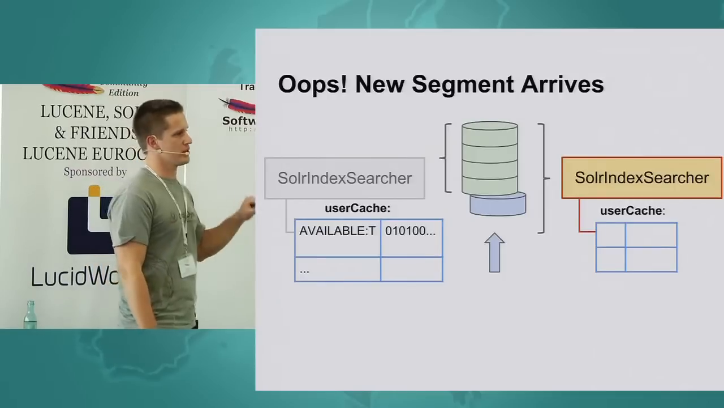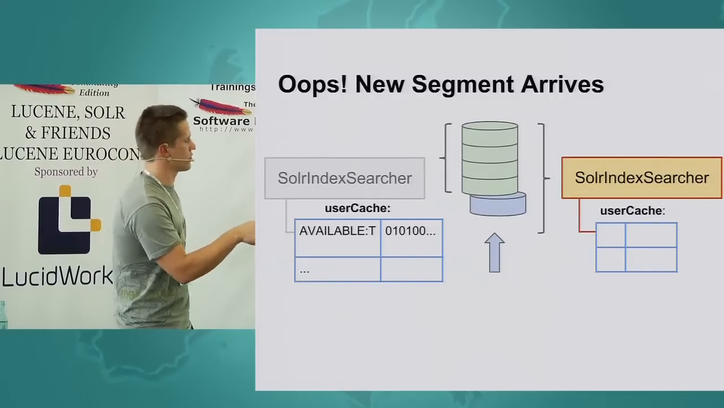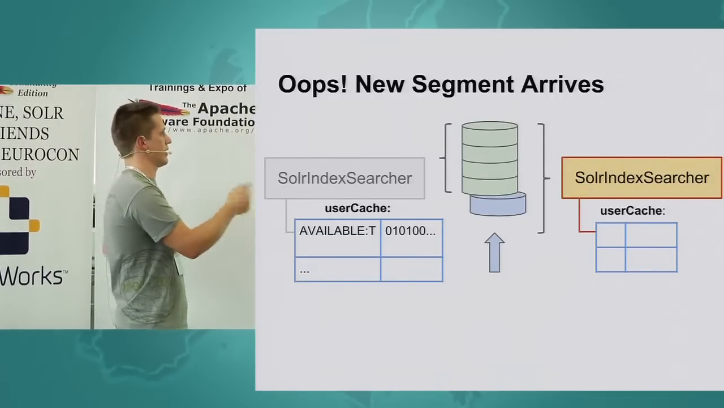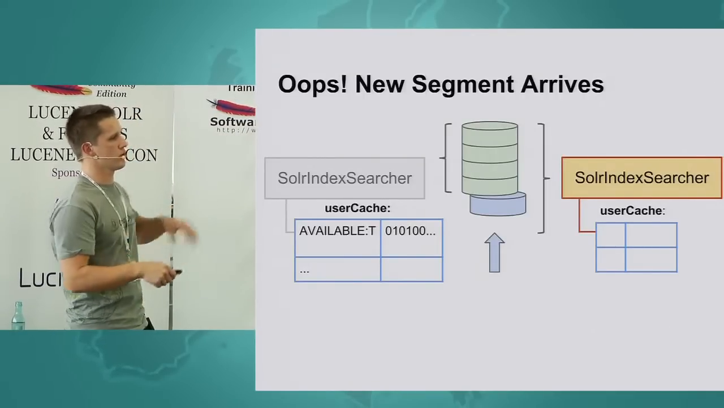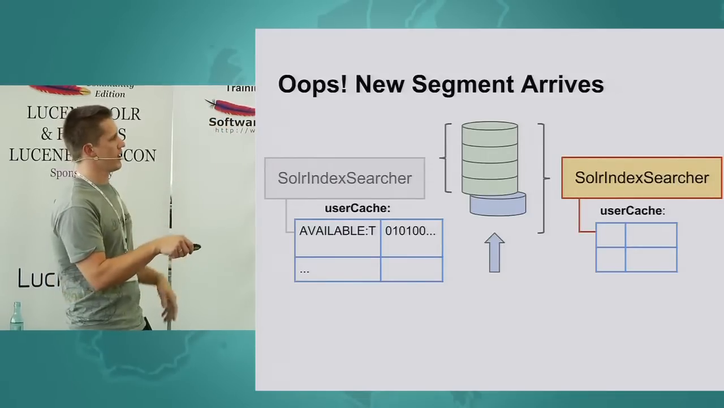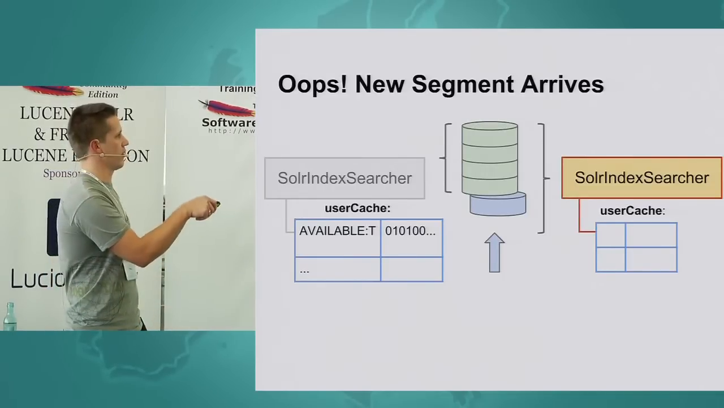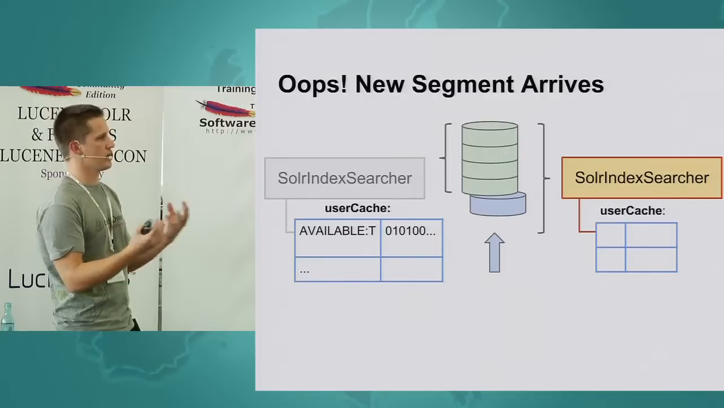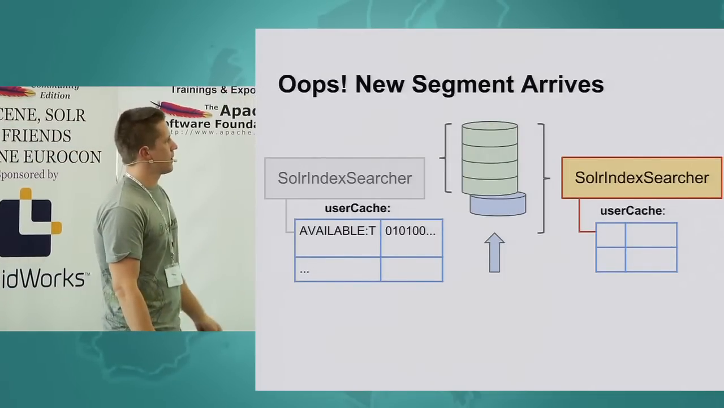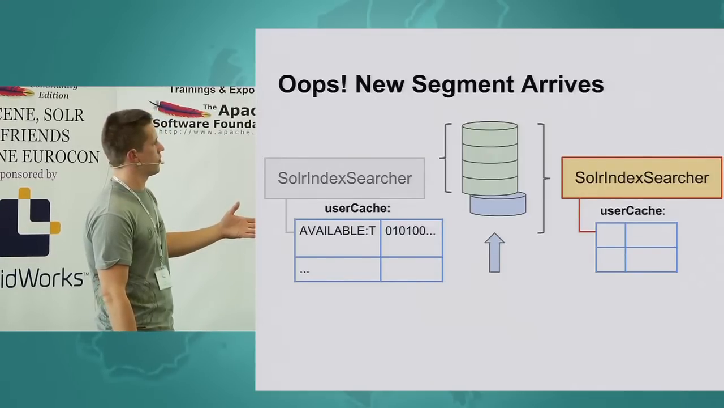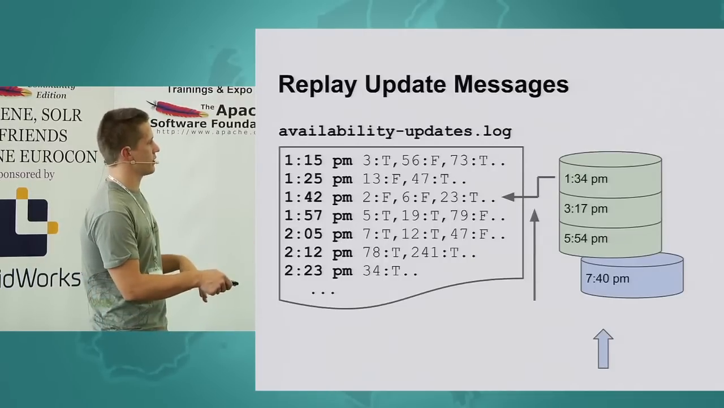When you need to trigger a commit during the day, the old searcher which searched for the old generation goes off, and the new searcher is created, which holds the new index generation, and it has no availability bit set. And there is no way to get the availability from the older searcher because bits cannot be used between different generations, right? What we can do, we need to persist availability updates somewhere, and when a new segment arrives,